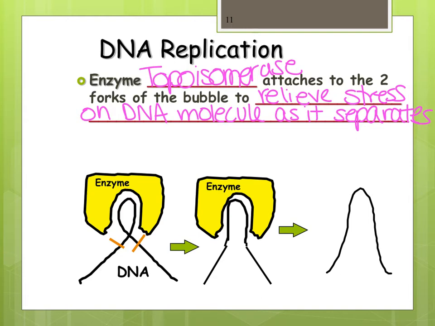So really, the topoisomerase is kind of like, oh, your best friend just broke up. You're doing your job as a single-stranded binding protein. You're keeping them separated no matter how hard they want to go back. But it's really, really stressful, and they're really upset. So then topoisomerase would be like if you took them to the spa for a day, and they could surround themselves with big comfy pillows and towels, and it helps relieve the stress of the situation. But that's kind of awkward taking both of them to the spa at the same time.